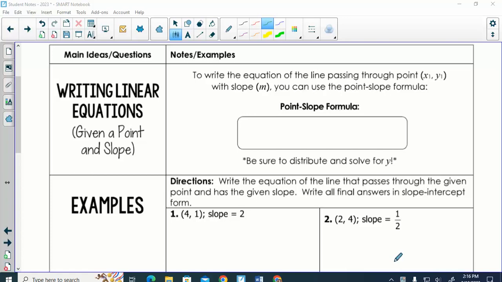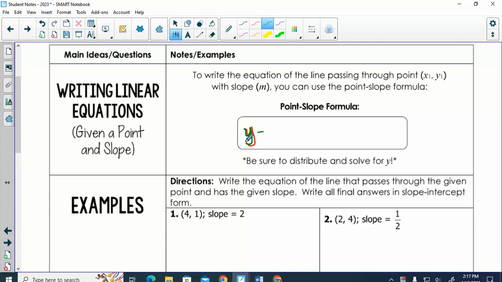Couple different options for that today. So you guys can kind of pick and let me know if you have a preference of one over the other. We can use the slope-intercept form, y equals mx plus b, like you have been doing before. We can also use what's called point-slope form, and it's y,